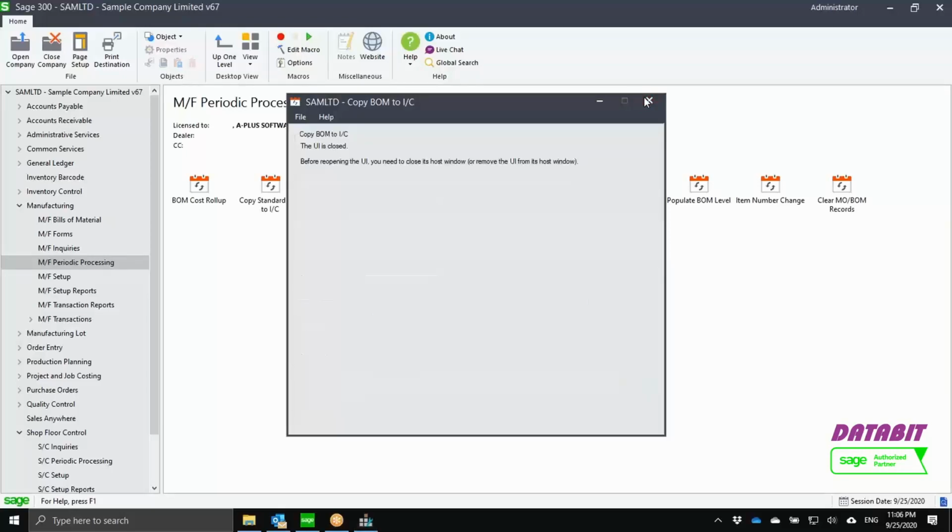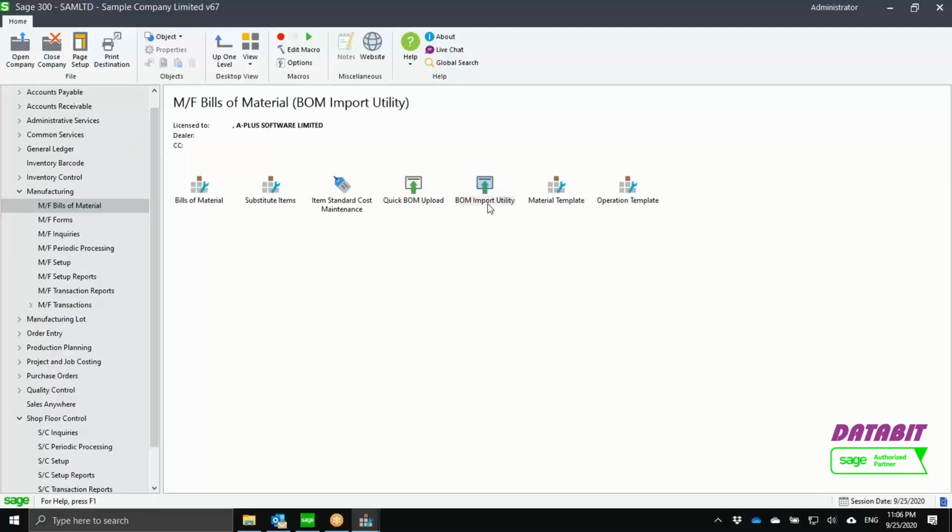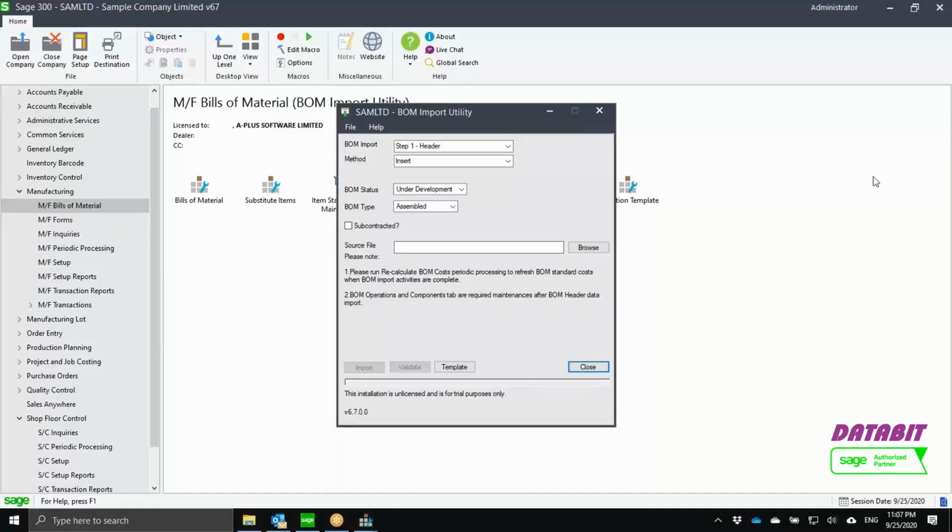The reason for that is because we found that there is a limitation in Sage replace function on the third level of data. So our BOMs has 3 levels: the BOM header, the BOM operation, and the BOM resource. So if you just use the file import export function, there could be some problem when you try to replace the resource data. So instead of the file import export, what we want you to use instead is the BOM